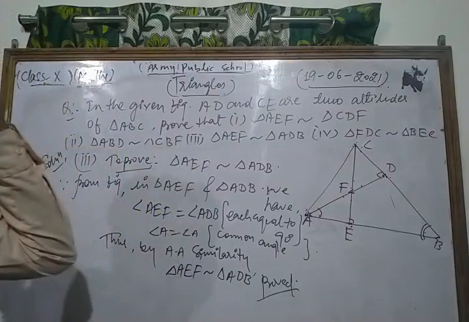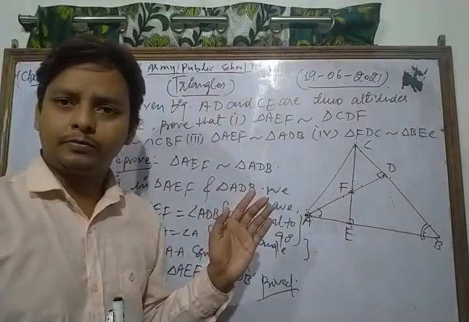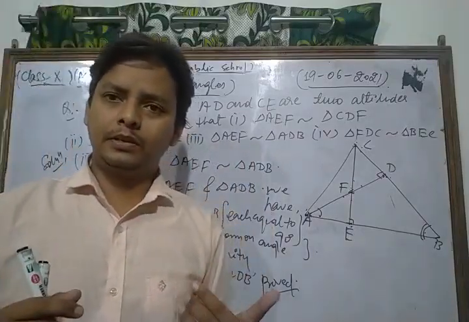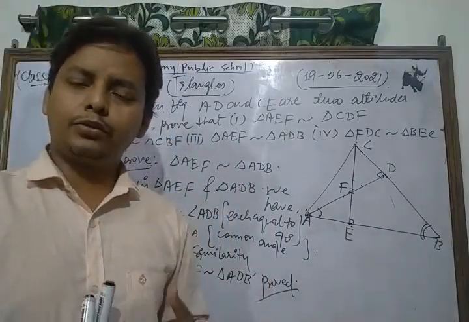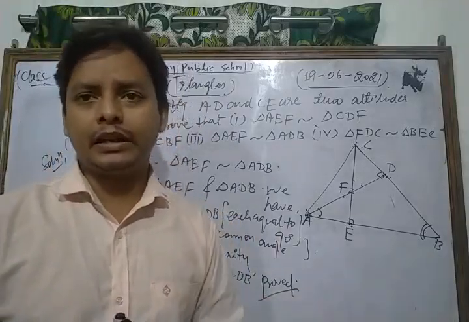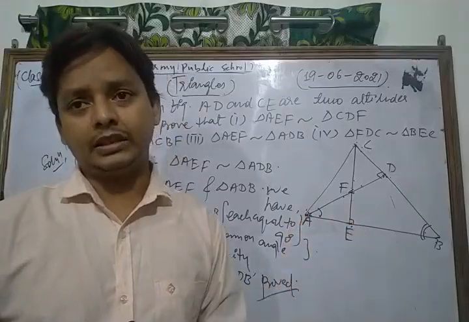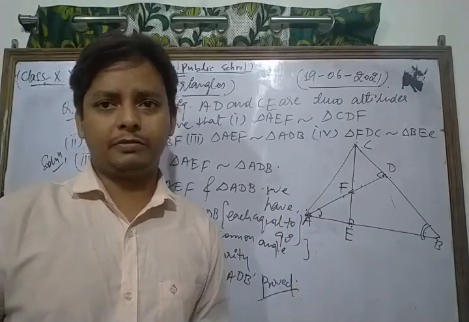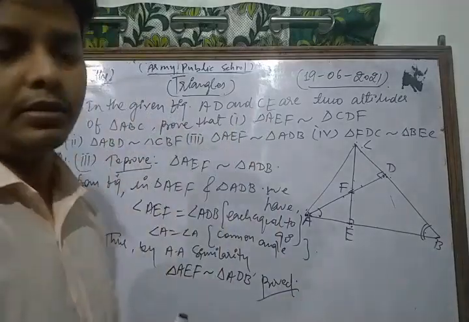Let's see once more. Dear students, in all parts of this question, we just define that the two corresponding angles are equal. If two corresponding angles are equal, then we can say that the considered triangles are similar to each other. This is the concept of similarity. In previous classes we already discussed that type of questions and theorems. Now similarly we take and solve the last part of this question. Let's see.